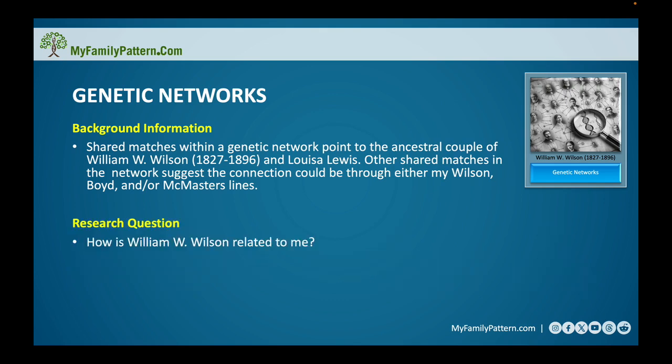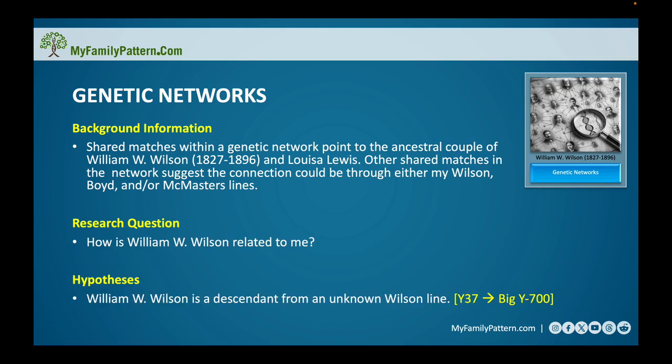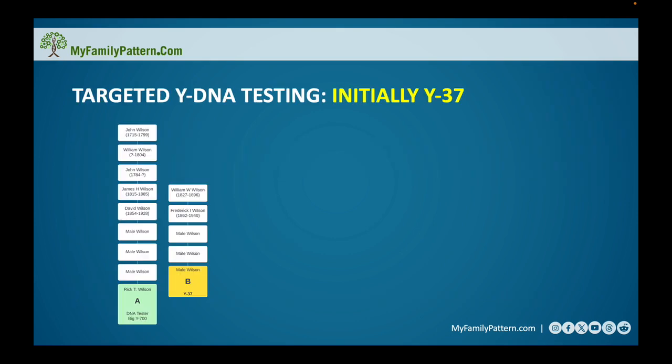So my research question is, how is William W. Wilson related to me? And my hypothesis was that perhaps he was a descendant from my Wilson line, but through a line that I hadn't yet built into my family tree. And so what I did was, I of course had tested with the big Y, and I found a descendant